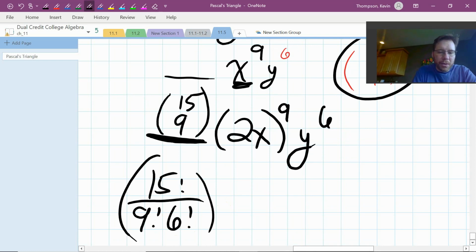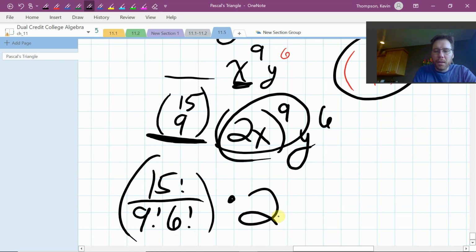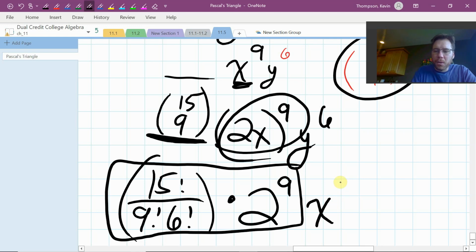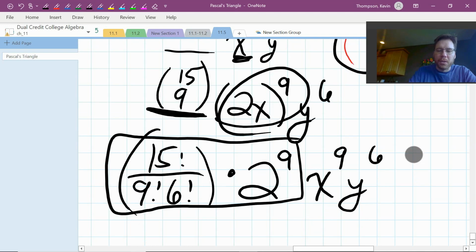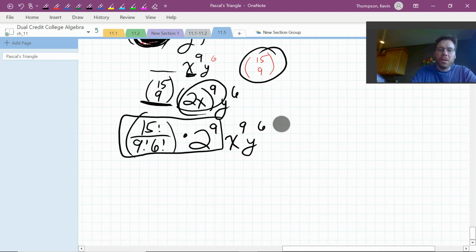We're going to get that answer from our calculator, but then we're also going to get a 2 to the 9th. And together, those two pieces are the coefficient of x to the 9th, y to the 6th. So there's a little bit about combinations and also binomial theorem,